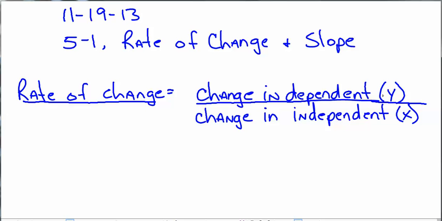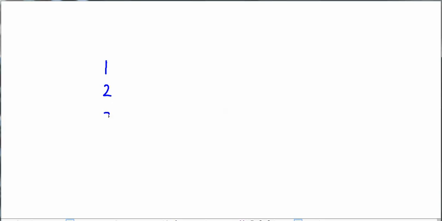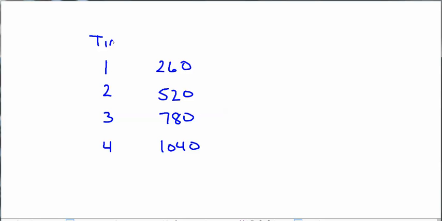Look at problem 1, finding the rate of change using a table. The table's got a 1, 2, 3, 4. And it's got a 260, 520, 780, 1040. What are these values going to represent? This is time. This is distance. But isn't that your x and your y? Okay. So your rate of change